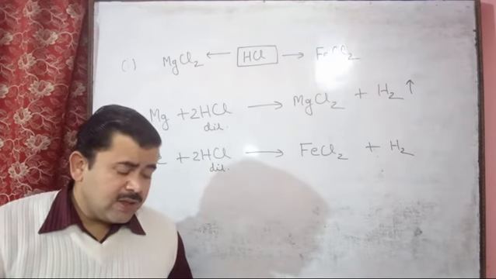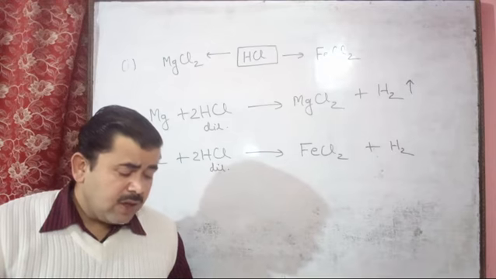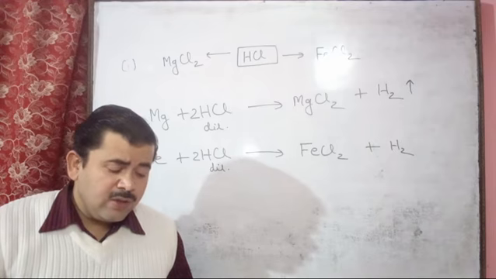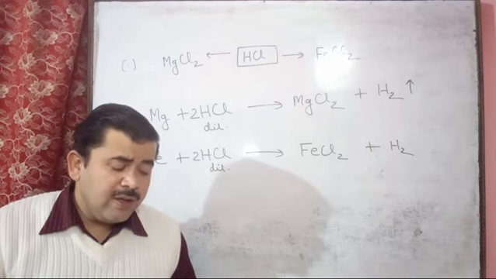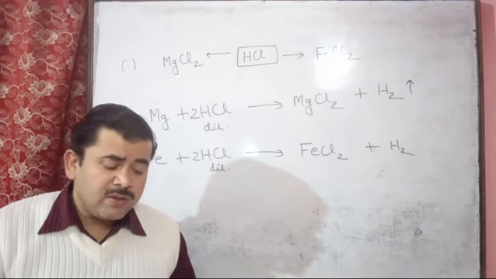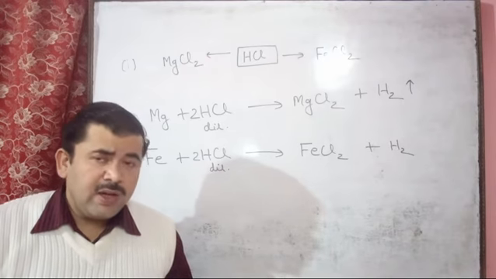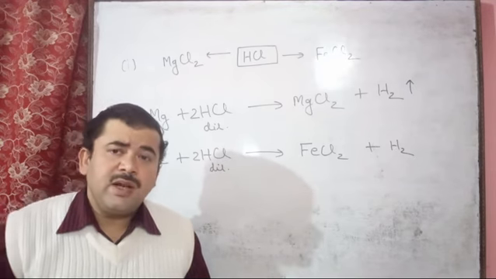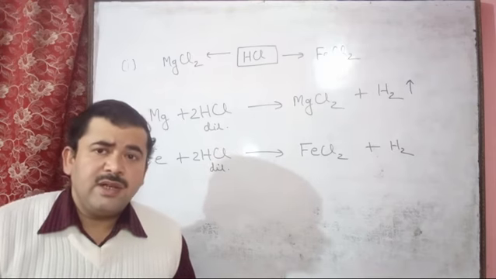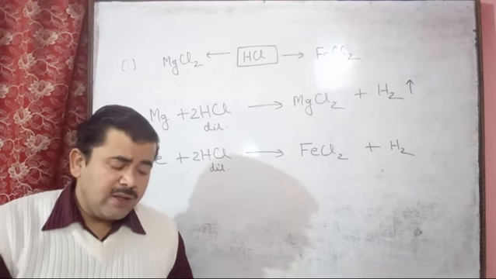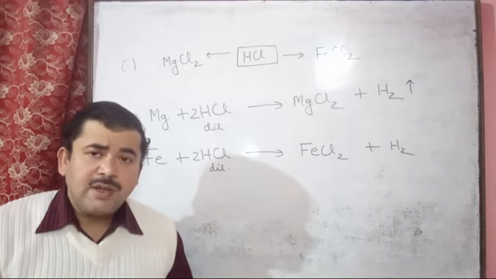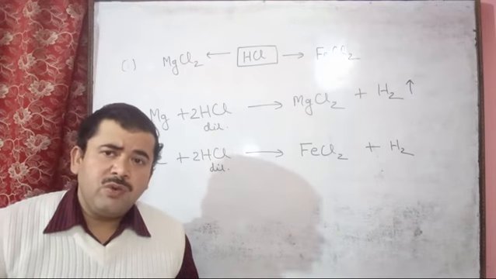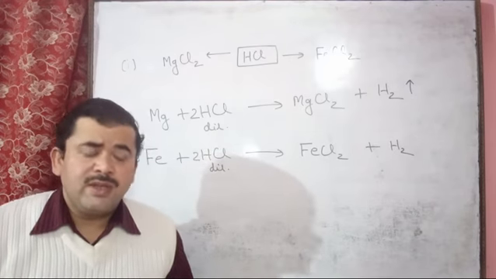Third question, hydrogen and alkali metals of group first react with copper oxide to give copper. So these are reducing agents. Hydrogen and the first group elements are reducing agents, and this is the reason hydrogen and the alkali metals of group first react with copper oxide, meaning CuO, to give copper. So hydrogen and the first group elements are strong reducing agents.